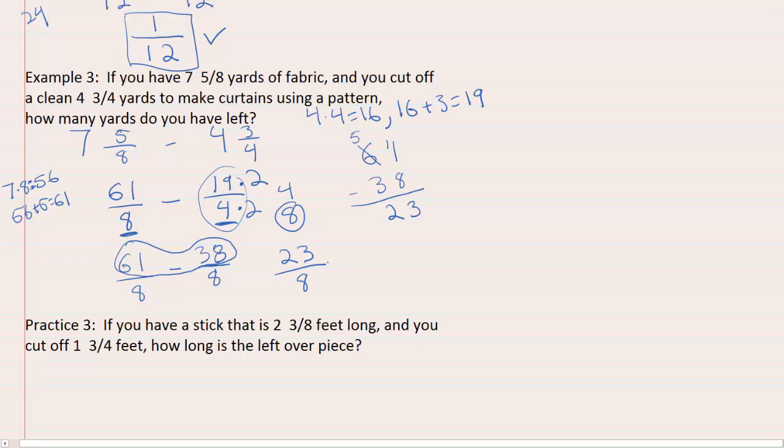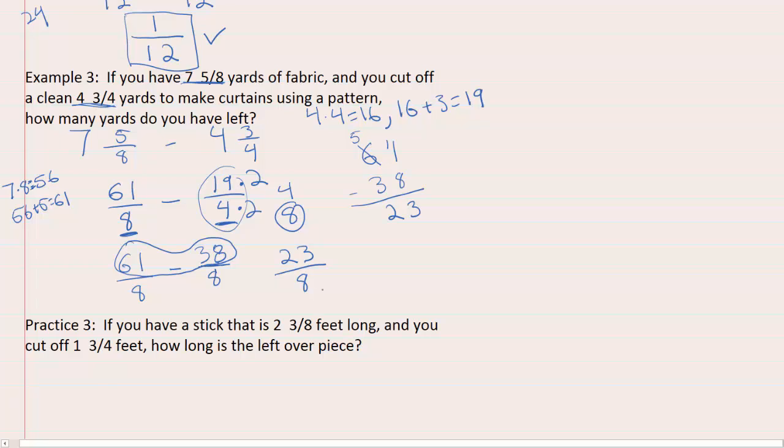23 eighths. Okay. So then this won't reduce any because the top number is odd, so it won't be divisible by 2 or 4 or 8. And the bottom is only divisible by 2 and 4 and 8. Okay. So then, since we started out with mixed numbers, I want to change this back into mixed numbers, which